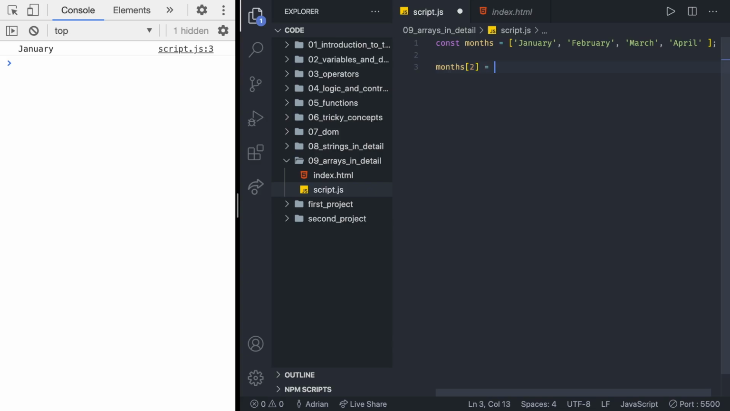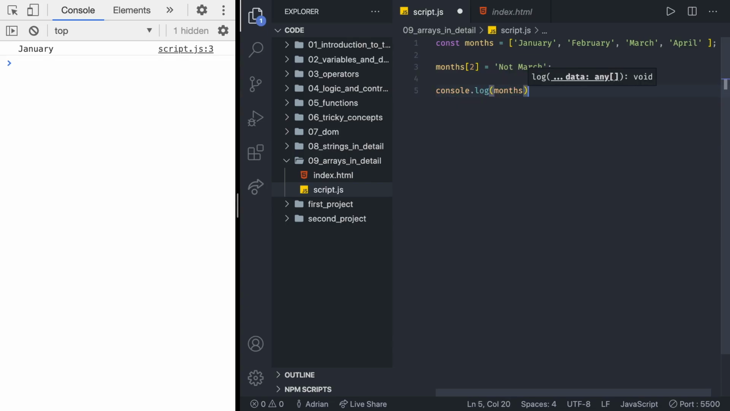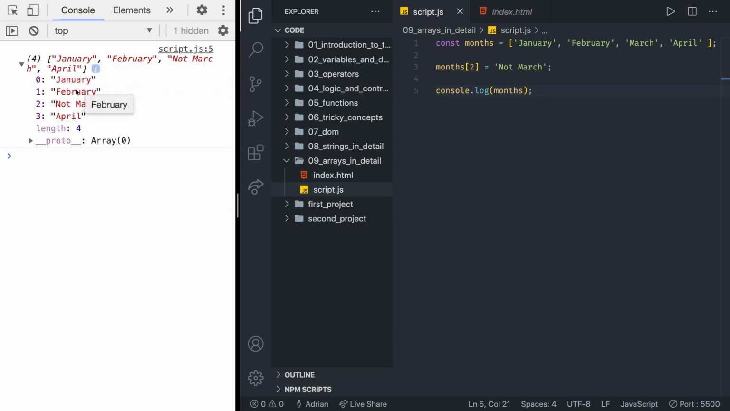We can say months[2] is equal to, and let's do not March, so we're going to change it. And afterwards, we can console log the array. Let's see how it's going to look right now. You can see we have January, February, not March, April, which means that we successfully changed the third element in